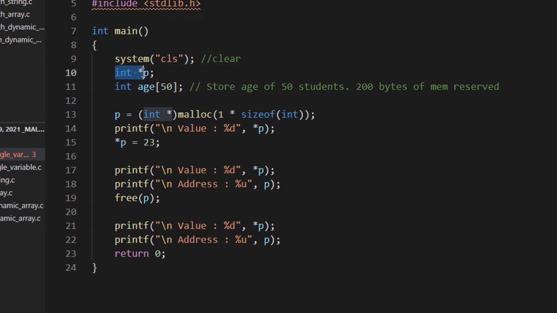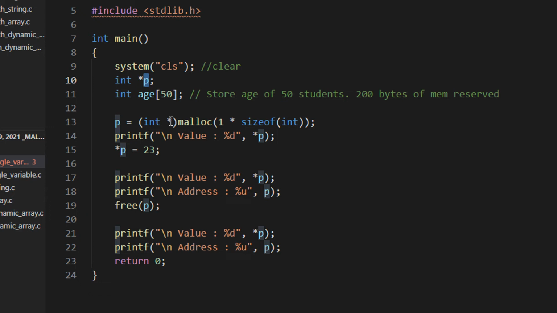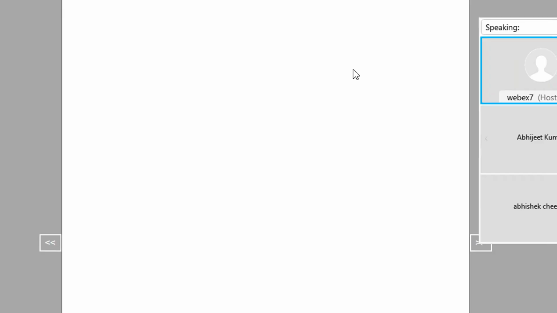I am having int star p. So p will hold an address. As of now, p is holding nothing. This is a declaration of malloc. See how malloc is declared.